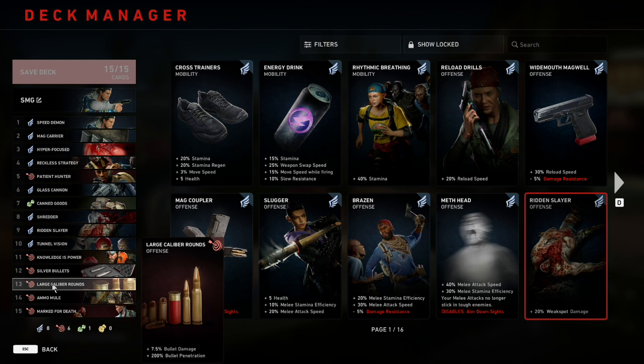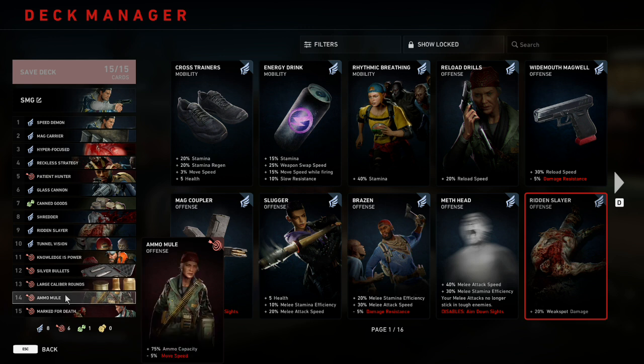which is just going to make it so we can collateral commons, you know, we can shoot through multiple things at once. But like I said, with an SMG, it's not really going to matter, but it does come up sometimes. Number 14 is going to be Ammo Meal, which gives us plus 75% ammo capacity with minus 5% move